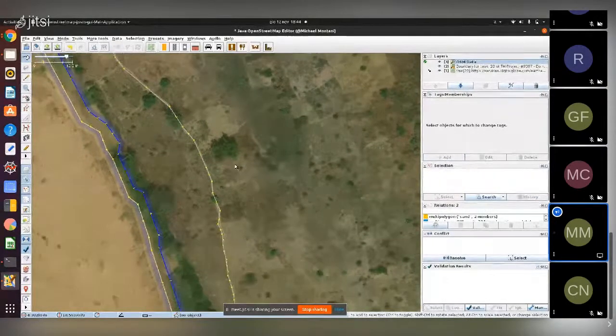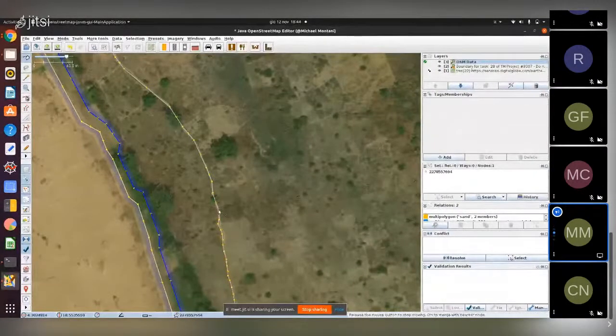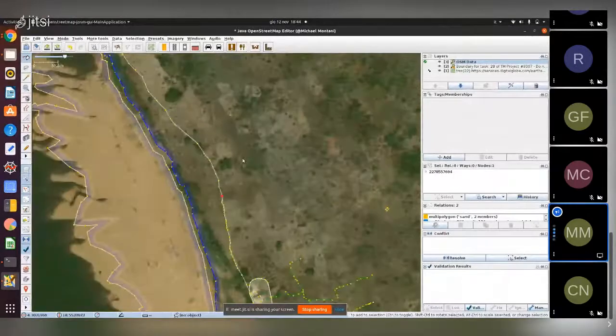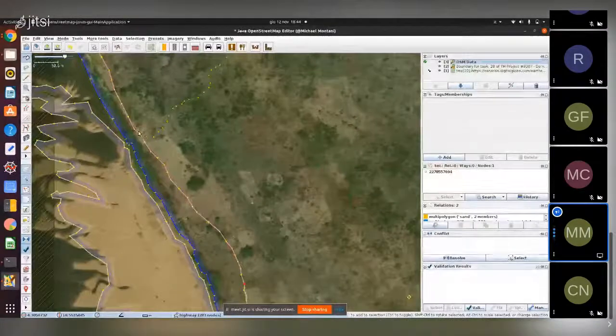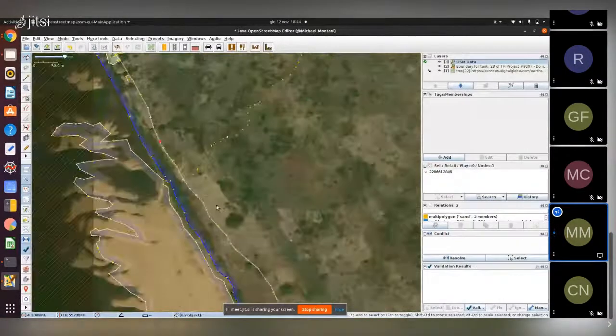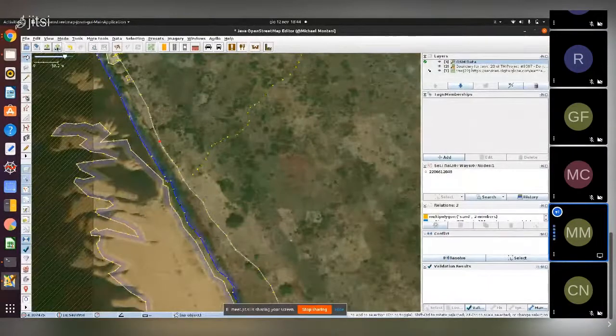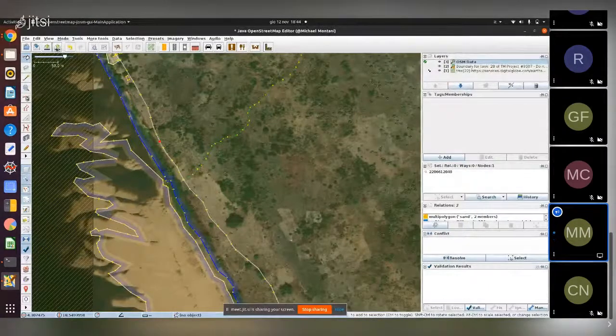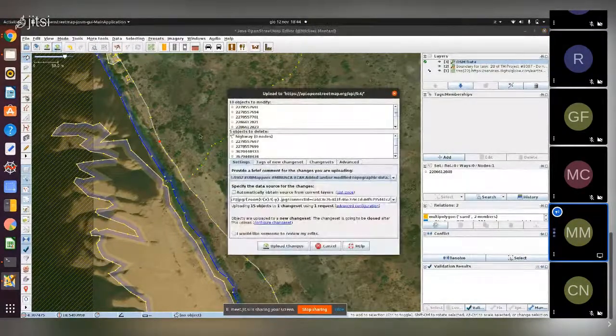No. Okay. So let's say I modified the data. I'm only showing in a fast way how to edit on OpenStreetMap. So now that I modified this way and deleted this path, I can upload the data with this button, the one with the arrow going up, and you can see the